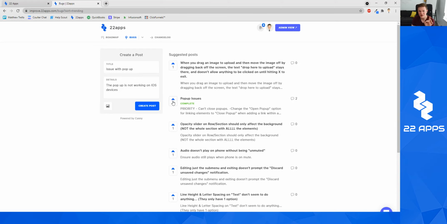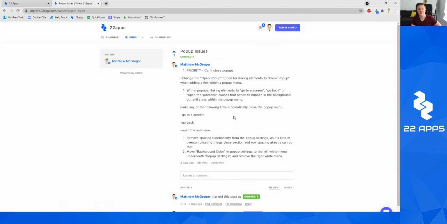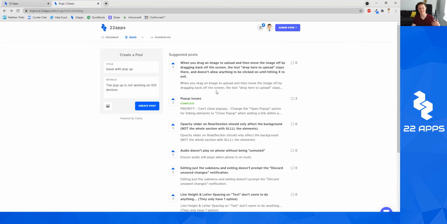You can upvote already created posts. So you can click on this and see all of the comments and all of the things that have been going on with that particular thread, and you can upvote it to get it done faster. So if other posts average like 2, 3, 4, 5 upvotes, but then there's another post with like 35, 50 upvotes, we're going to know at 22 apps, I'm going to know, I guess I'm going to be watching it,